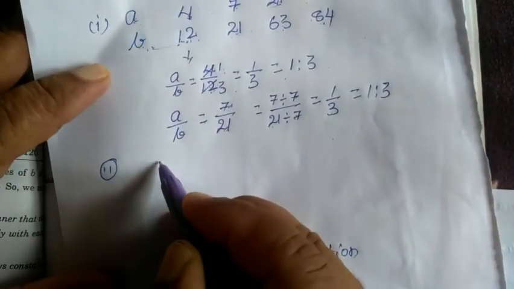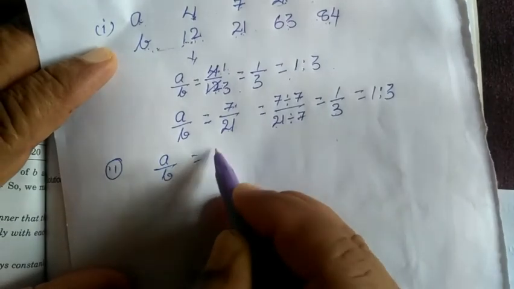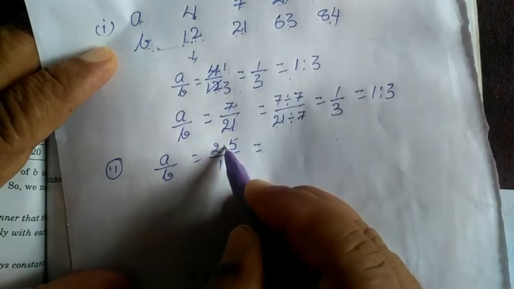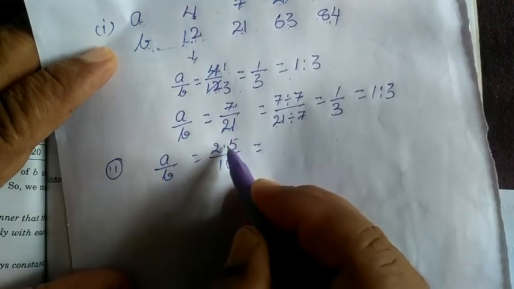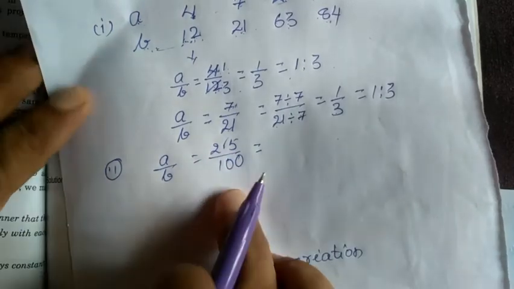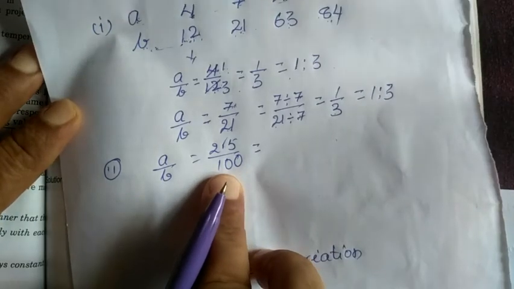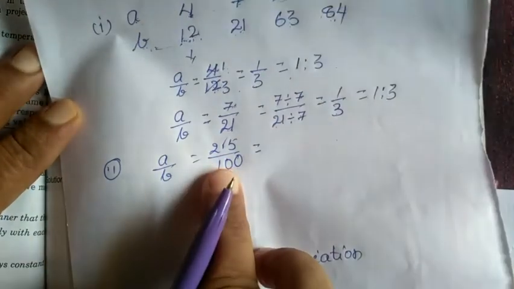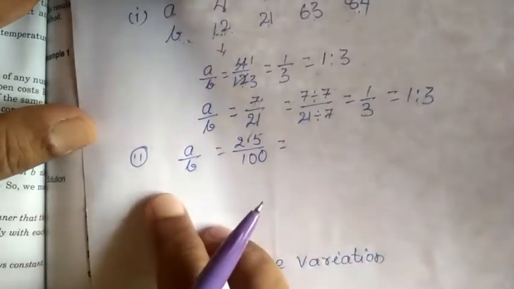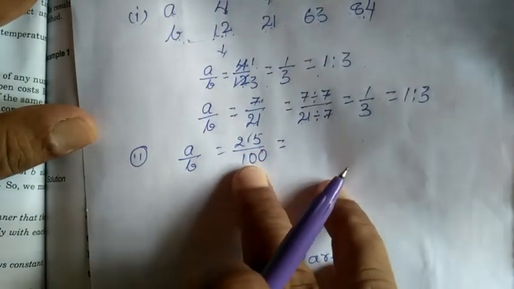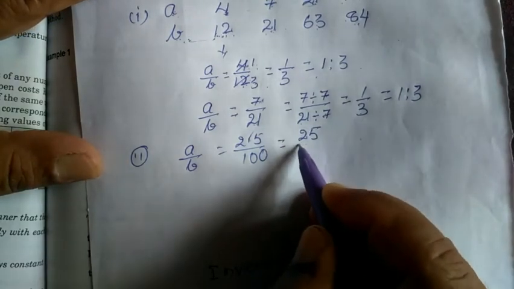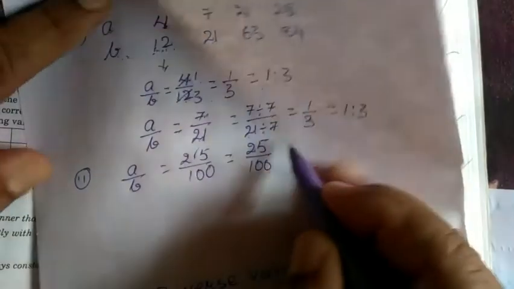10. So we find here the ratio A to B. It is 2.5, and the value of B is this. Now we have to erase this decimal. To remove this decimal, we should put 0 here. In junior class, you have already studied this. If you are not understanding, I will describe how we can remove the decimal form and change it into fractional form. So now it is how much? 25 by 100. Correct? I will teach you later on.